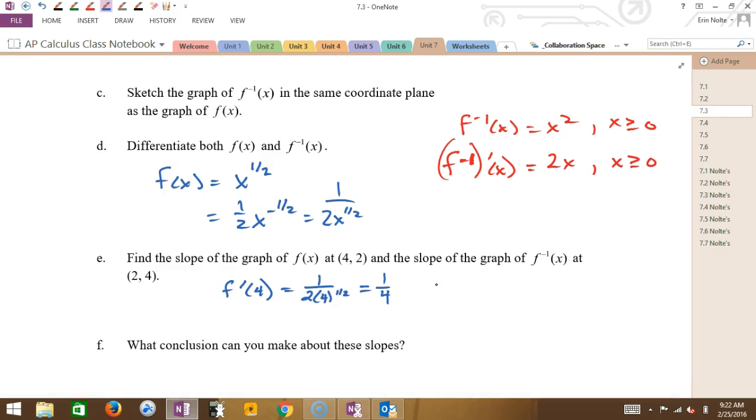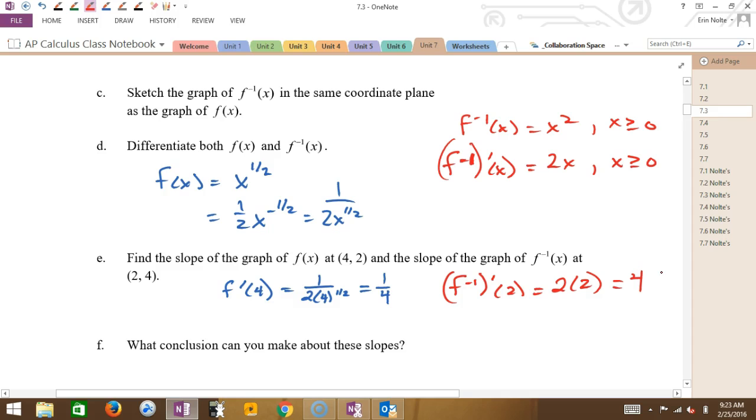Plug 4 into the blue function from above. Okay, and then it says find the slope of the inverse at (2, 4). So the slope of the inverse, I'm going to use its derivative, and I'm going to plug in the x value. Whoops, I should write a 2 right here, because now I'm plugging in the 2. Since my function was 2x, I'm going to plug 2 into the x, and I get